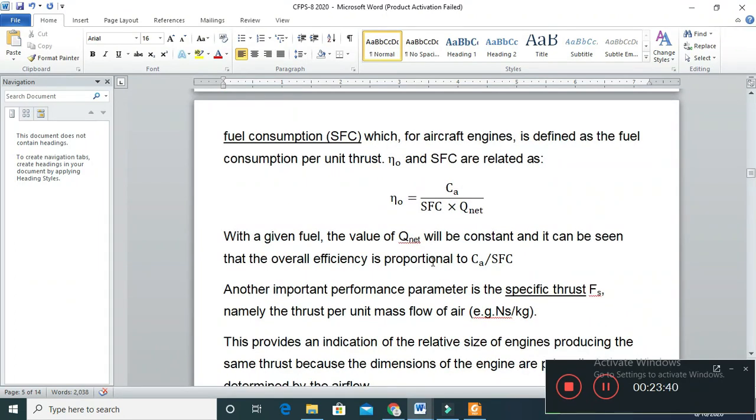So overall efficiency depends on the ratio Ca over CFC, because this is related to the fuel. For a particular fuel this will be constant. Another parameter,